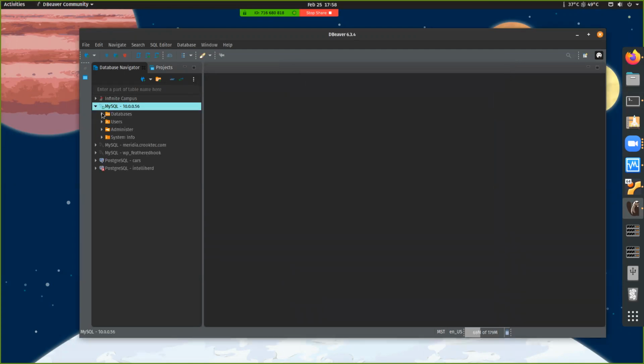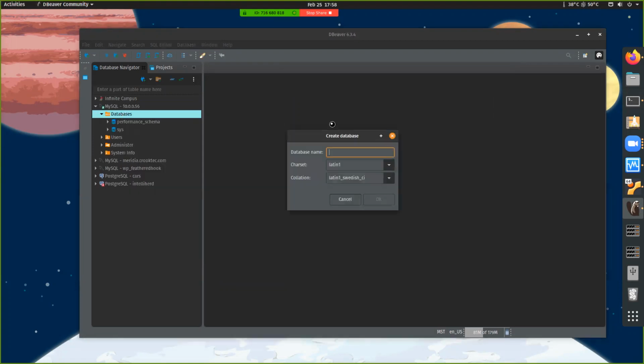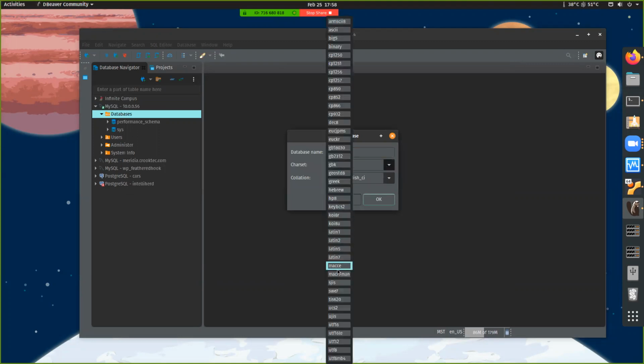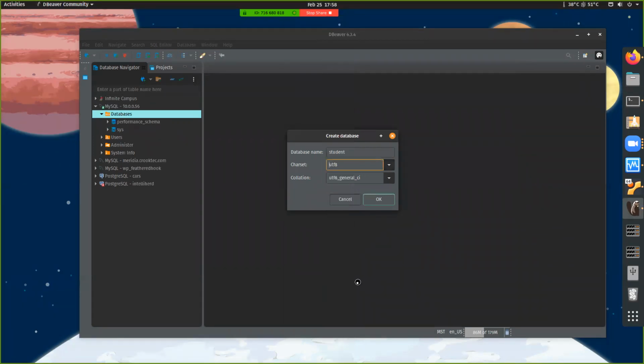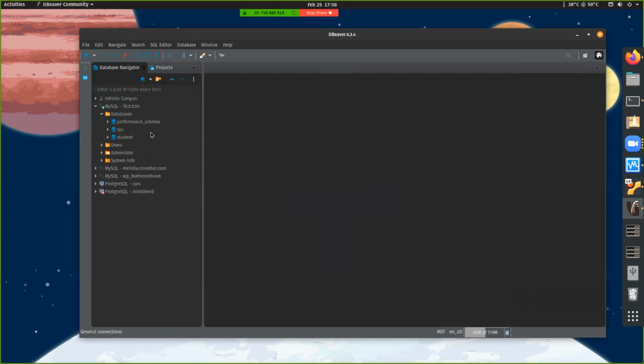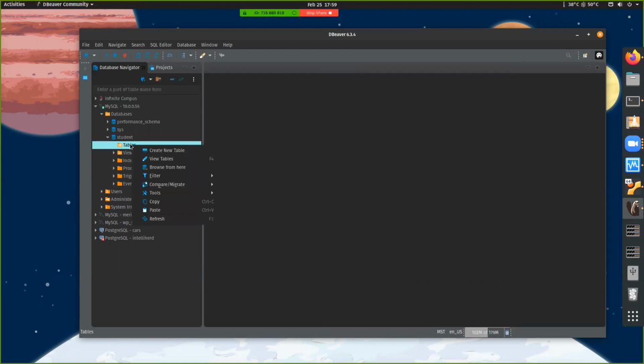All right, now that we're connected, you'll notice that when we go in here, we can do stuff like this. Let's create a new database, and let's call this student. In our char set, let's use UTF-8. Now we have our new database, and we don't have any tables in there, but because we're using a GUI,